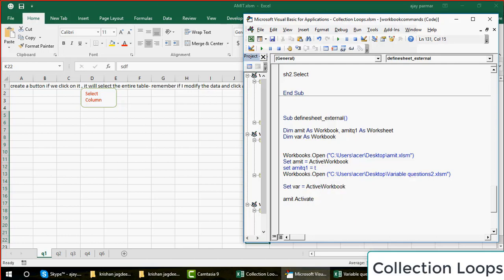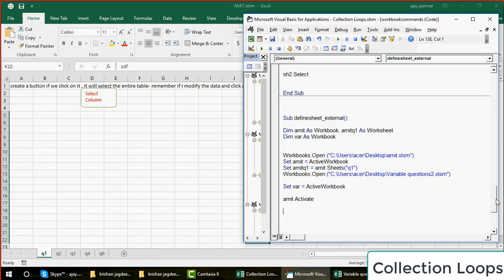Now here guys, you will not write this workbook. Getting my point? Like previously we were writing this workbook then dot sheets, because this workbook refers to the collection. So what will happen? Amit Q1 will be linked with this workbook file. Because Amit is the active workbook, we will simply go and write Amit.sheets and the name of the sheet Q1.